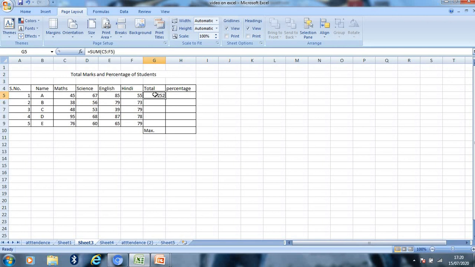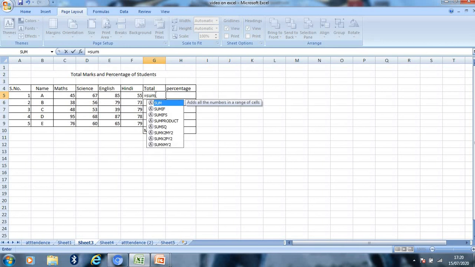I am telling you again: equals to, then write sum, open bracket, then type the range C5 colon F5. We define the range by using colon, that is from C5 to F5, and then bracket close, and then press